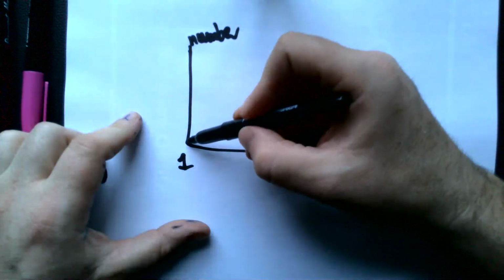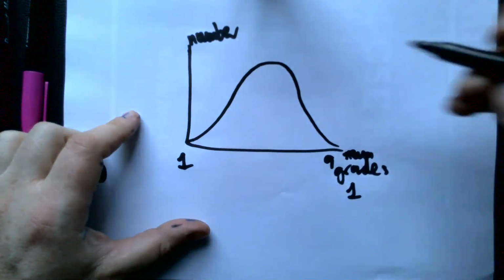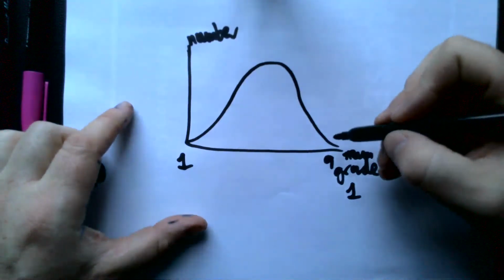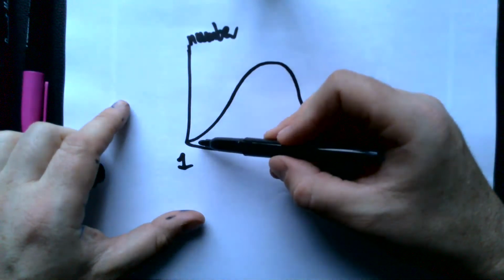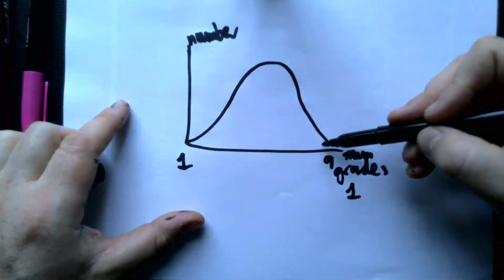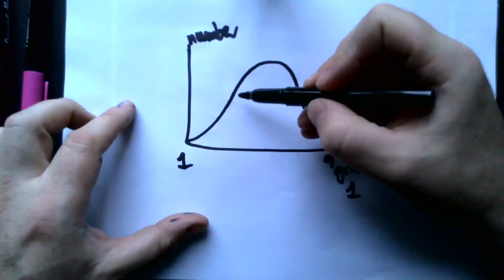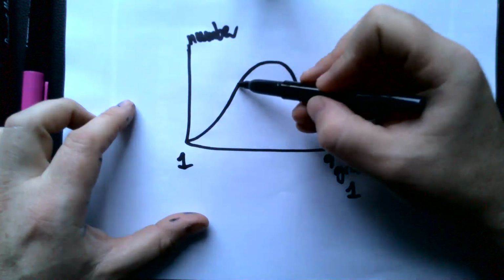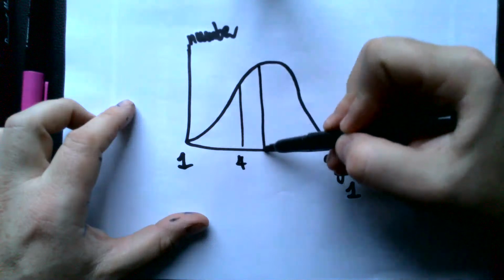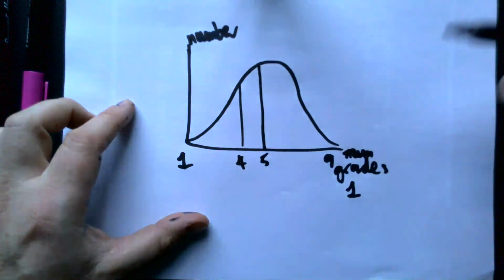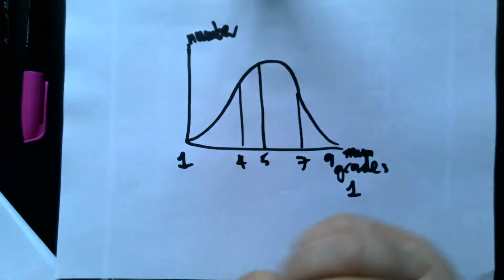And we tend to find something like this. And so there are lots of people in the middle, fewer people down this end getting low grades, fewer people up here getting high grades. And the government say, right, what do we need to satisfy a 4? And also, what do we need to satisfy a 5? And what do we need to satisfy a 7? And so, out of 420,